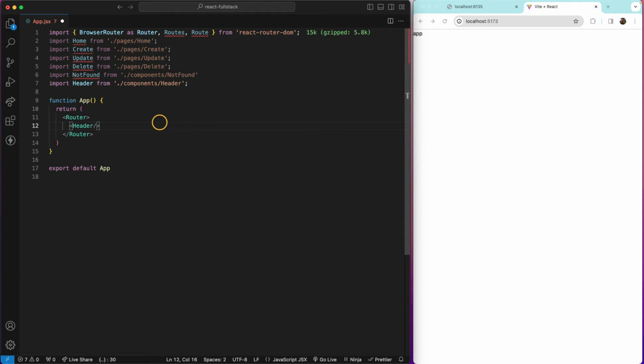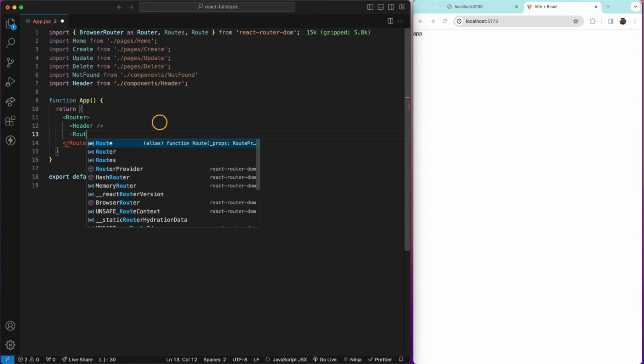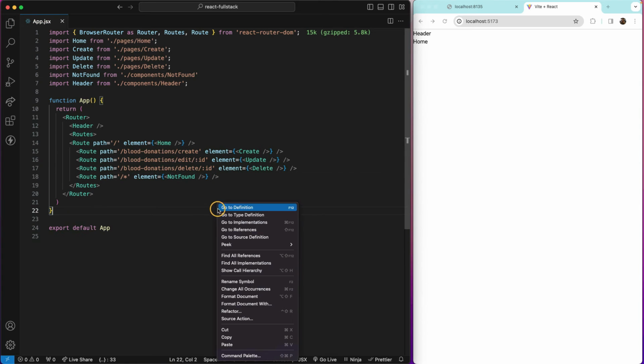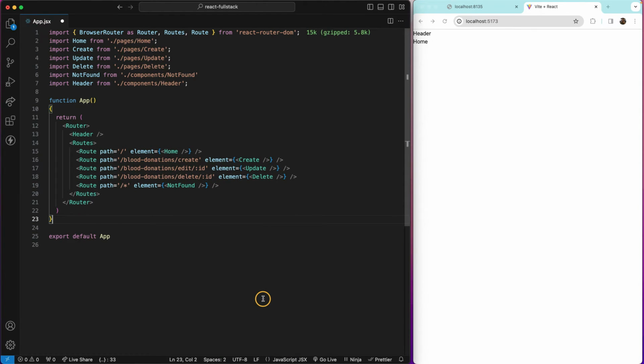So now I'm going to define my routes component, and inside I want to copy and paste all of the necessary routes that I know that I will be needing. And I'm going to format my document. Okay. I did a lot of copy paste in this file because there's no point for you to see me doing this. All you need to understand is that we are importing the browser,